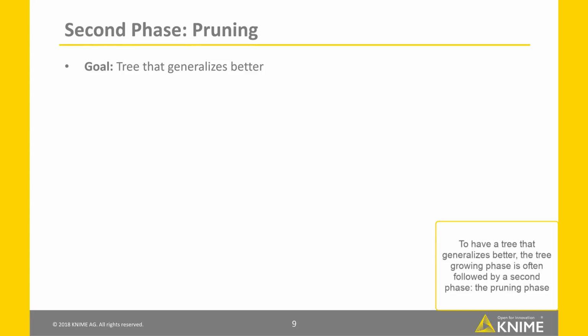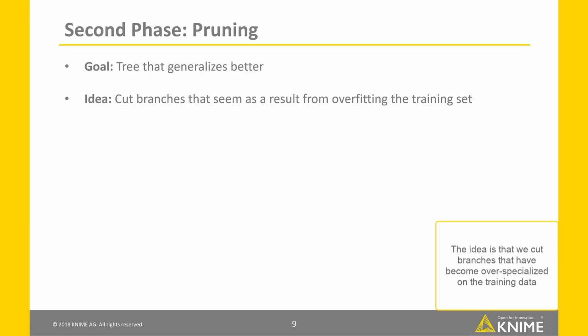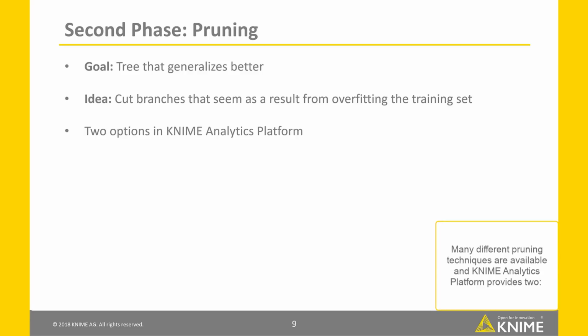To have a tree that generalizes better, the tree growing phase is often followed by a second phase, the pruning phase. During this phase, the tree is reduced to avoid overfitting. The idea is that we cut branches that have become over-specialized on the training data. For example, branches that are devoted to one single training data sample. Many different pruning techniques are available, and KNIME Analytics Platform provides two: reduced error pruning and minimum description length pruning,